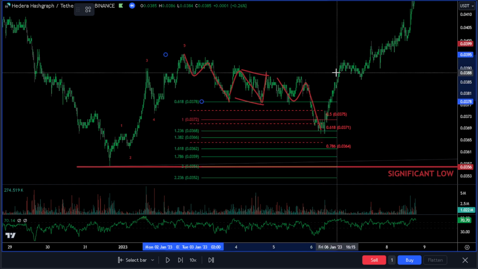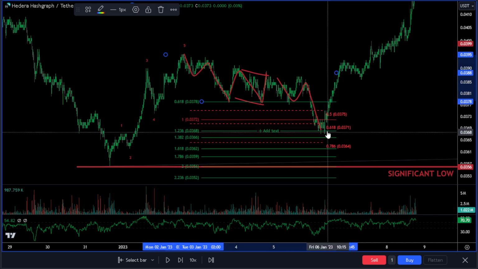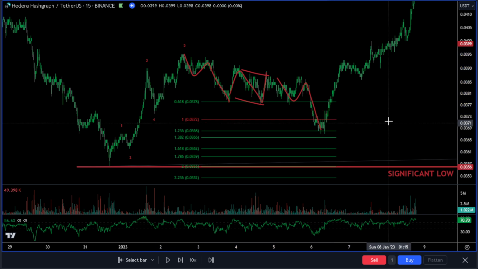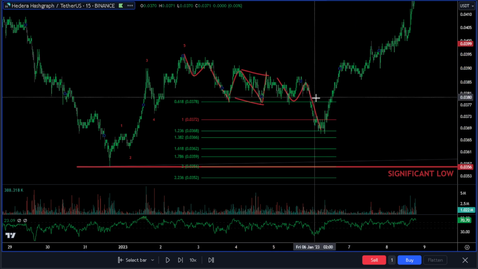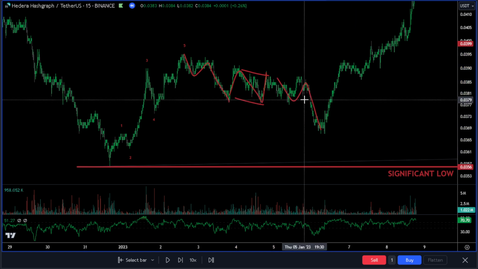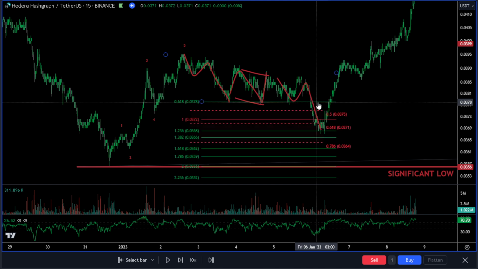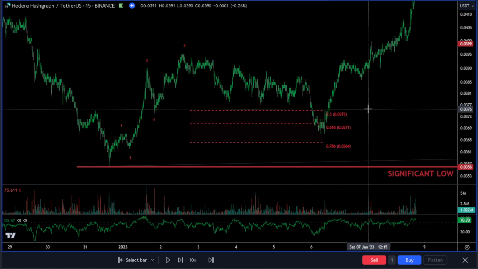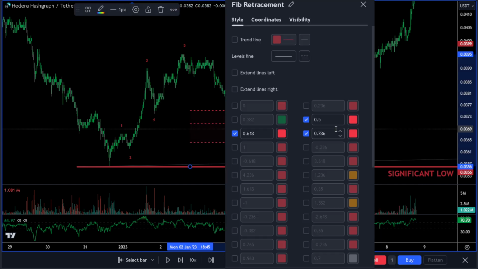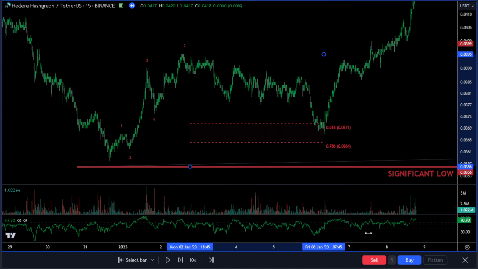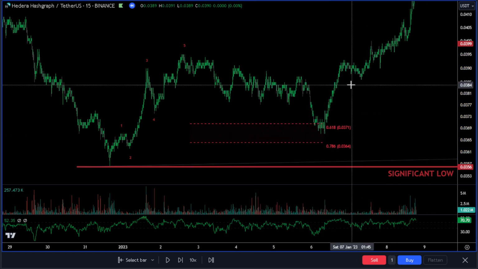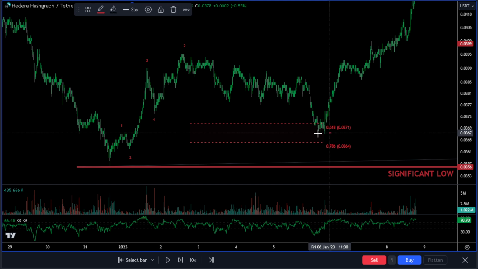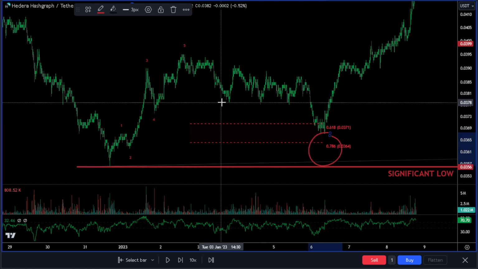See how our extensions came. The 1.236, 382 area, which is good. Get rid of that 50. And at this point, we'd be obviously underwater a little bit. That was our entry